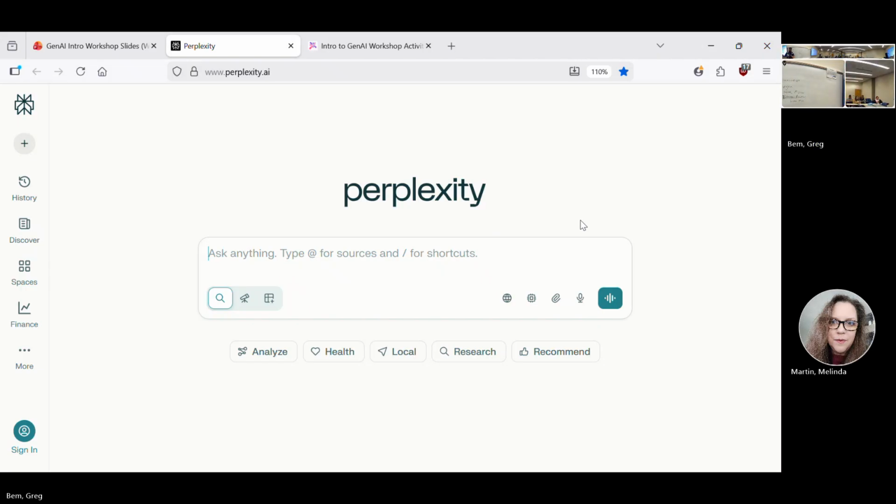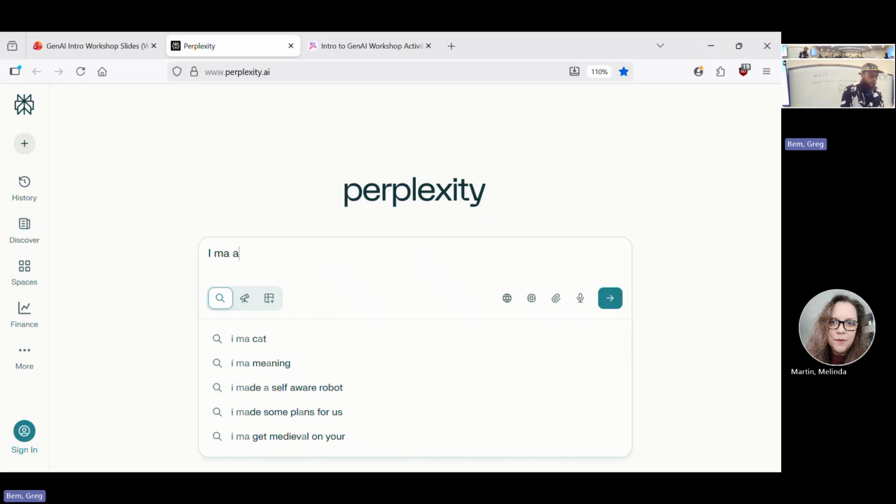Yes, that is a great question. Every tool you should take with a grain of salt. You should critically think about it. Make sure you look at those original sources if you're citing or using any of that information in your research or your schoolwork. Very good point. That being said, what I like about Perplexity is it does provide those sources, as we are about to see.